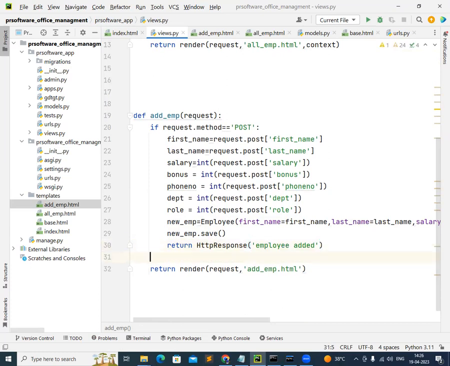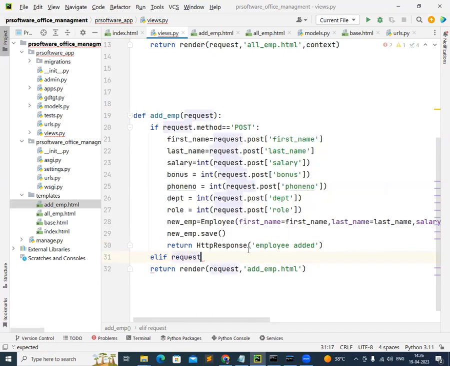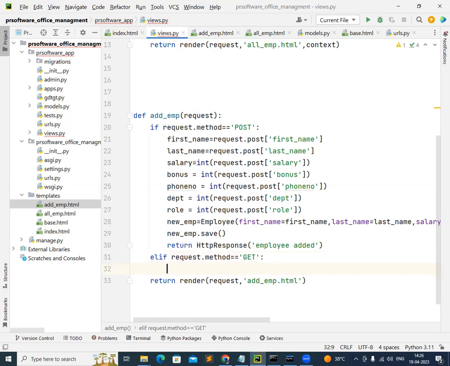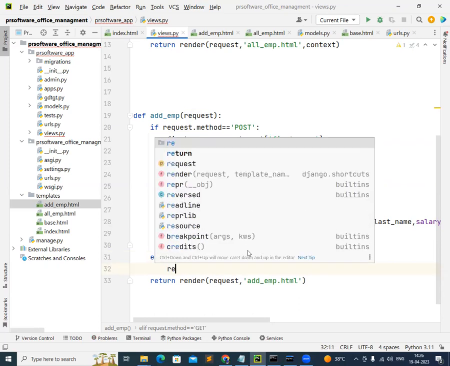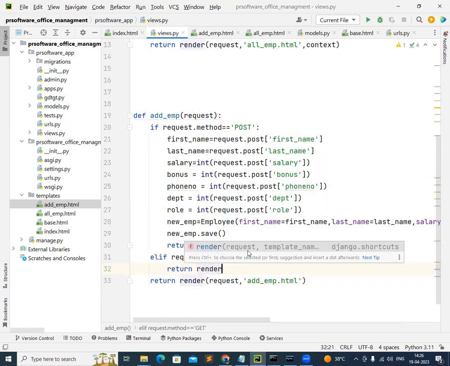So now if particular employee details are not getting added, then I want to display whatever data is present in it. So for that, I'll go with elif request.method double equals to, what is the default method? Get method. Whatever data is there, if you want to represent that whole data, then we'll go with the get method, right? So in this get method, I'll write return. What does it need to return? Render